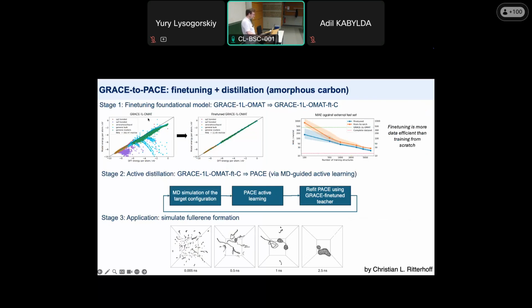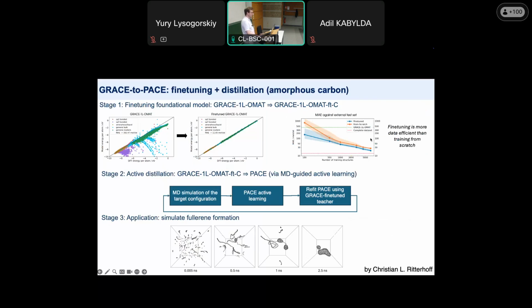If we take, out of the box, the Grace one-layer foundational model, you can see that the prediction of this model is not so good. Especially you can see these bending down tails, which correspond to an absence of core repulsion, for example, in some extreme cases at high densities, and so on. The first step we can do is the fine-tuning of this model, and that's achieved here, and of course we can reconstruct quite nice matching in energies and forces.